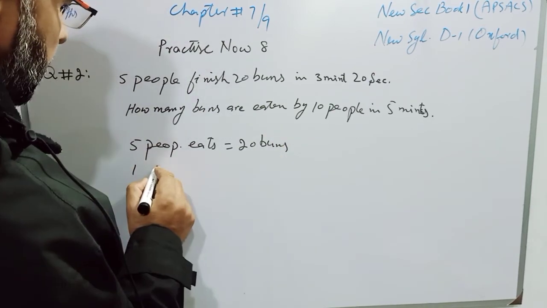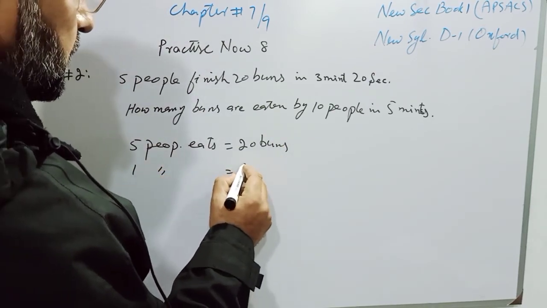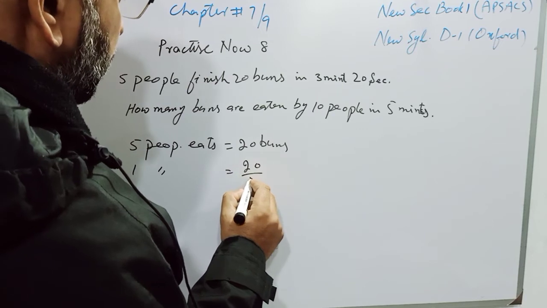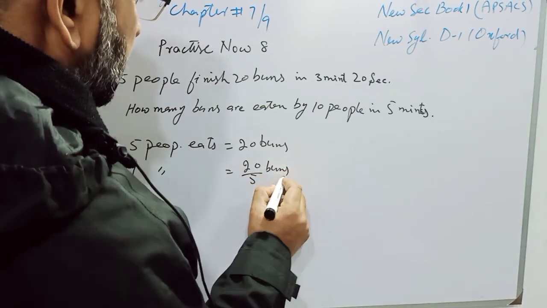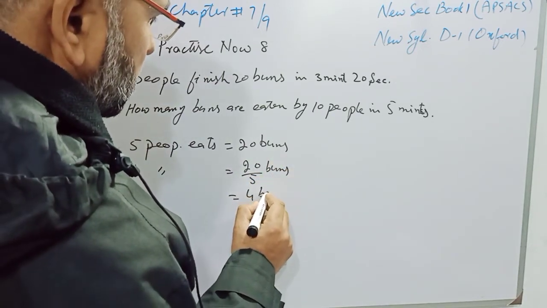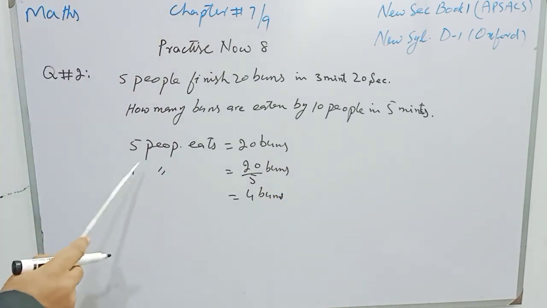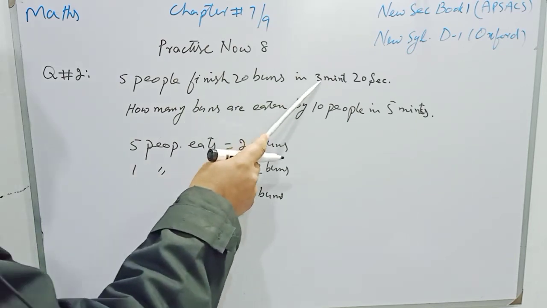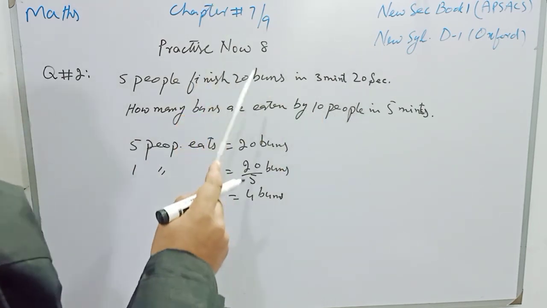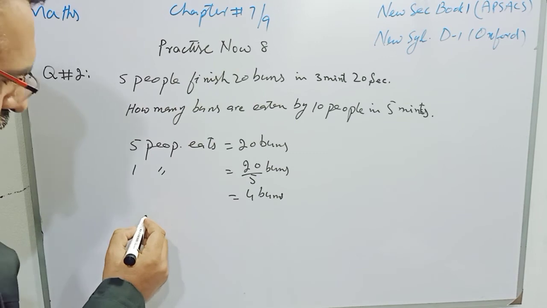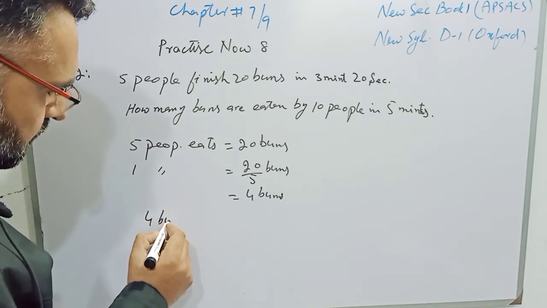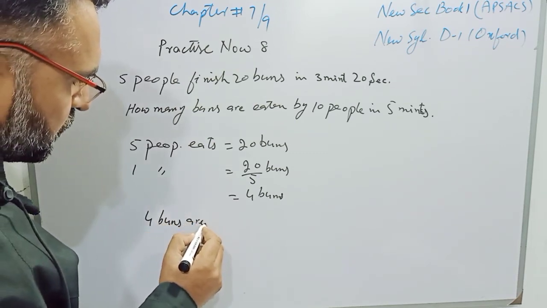So 1 person will eat 20 over 5 buns, and that is 4 buns. Now students, 4 buns are eaten by a person in 3 minutes and 20 seconds. So we will write 4 buns are eaten